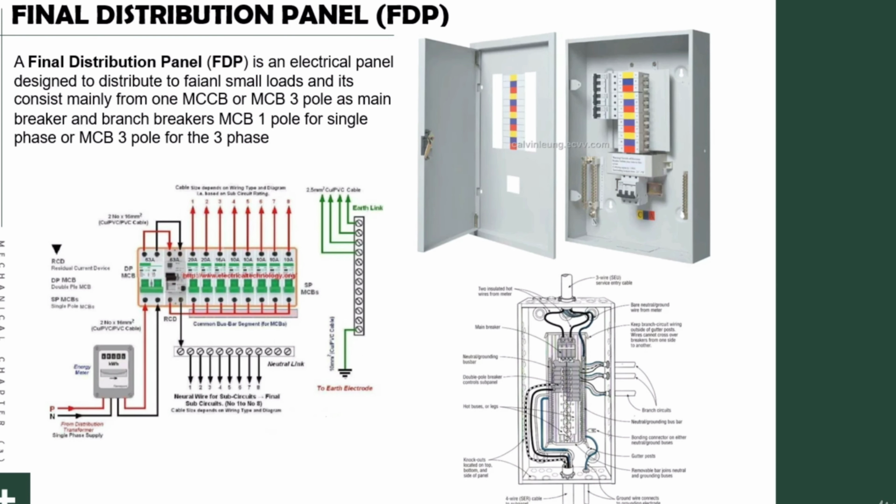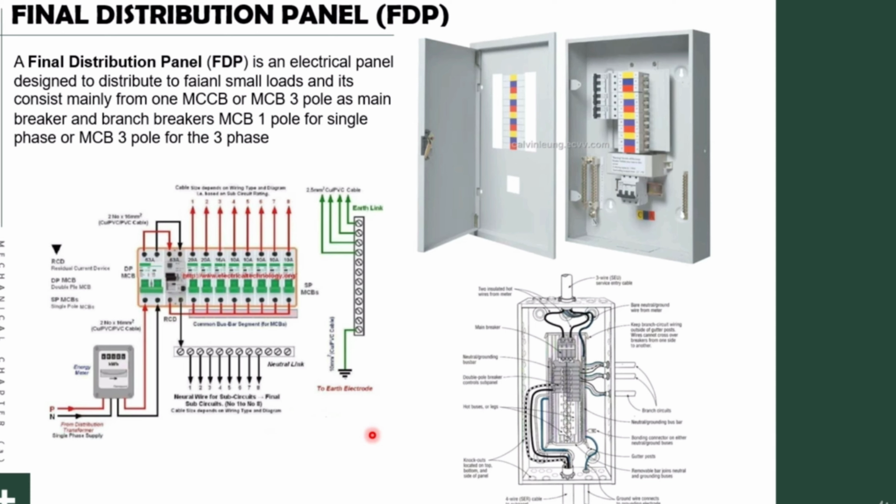I will continue with the distribution panel, and in this lecture I will show you the classification of the more important types of panel board after we identify its components. Now see here, we will start with this panel which is called FDB, which we used in our previous drawing. If you remember, FDB LTG for lighting and FDB VWR for the bar. And FDB refers to the final distribution panel.